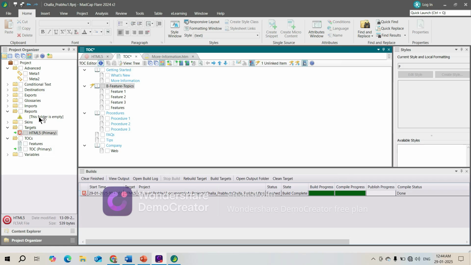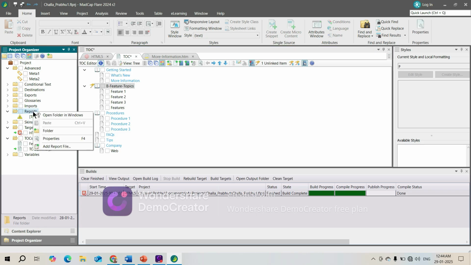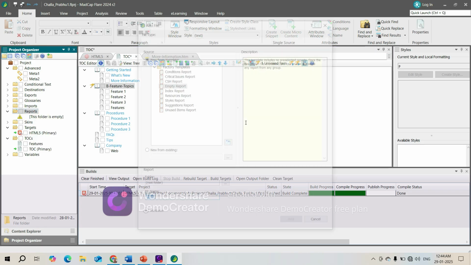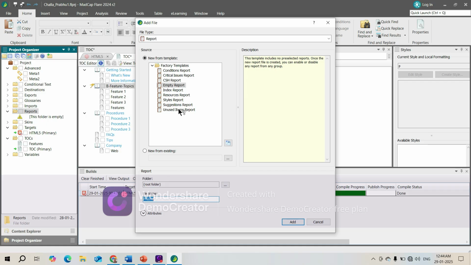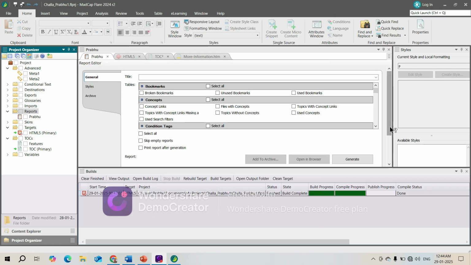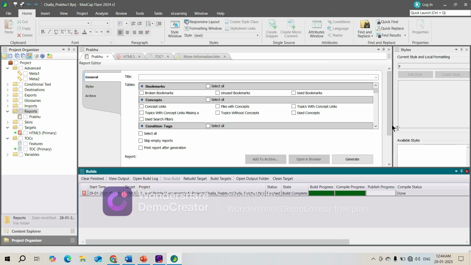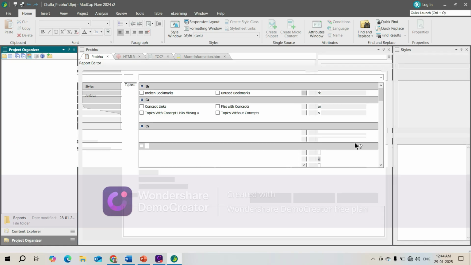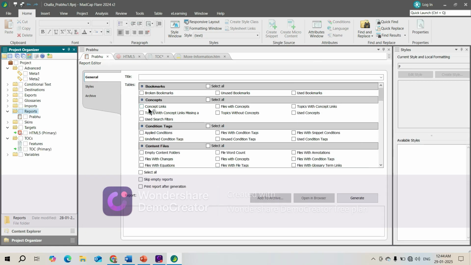Finally, let us generate a report. So on generating, right click on this, click here and get a report file. Choose this particular report. Now you can see the list of reports that you can generate from